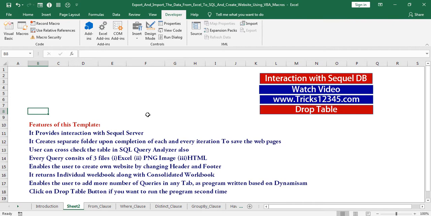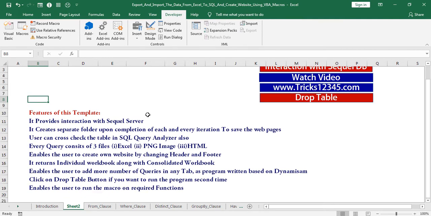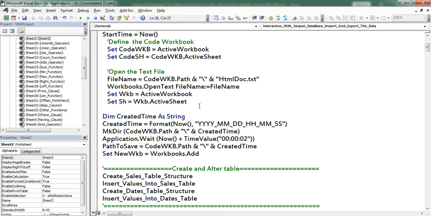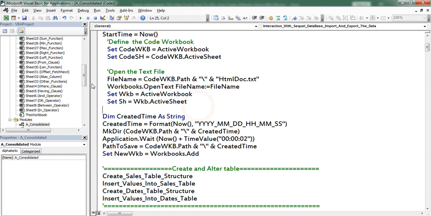Enables the user to add more number of queries in any tab as program written based on dynamism. Click on drop table button if you want to run the program second time. And the last one is enables the user to run the macro on required functions. So instead of running the macro on all the queries,